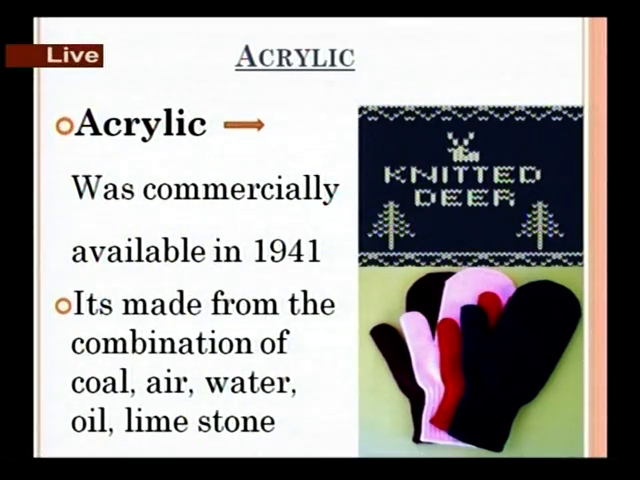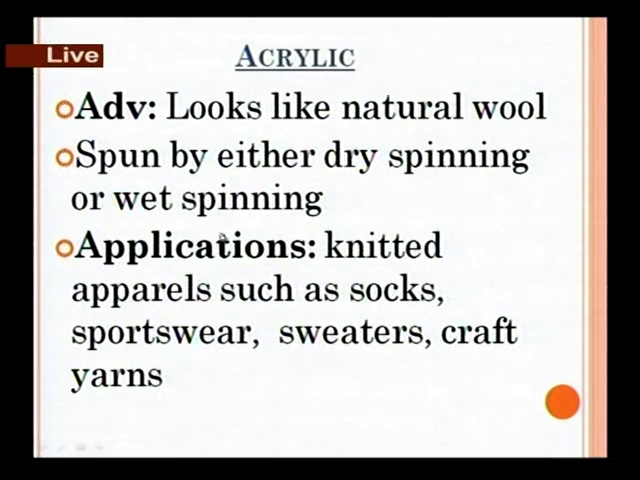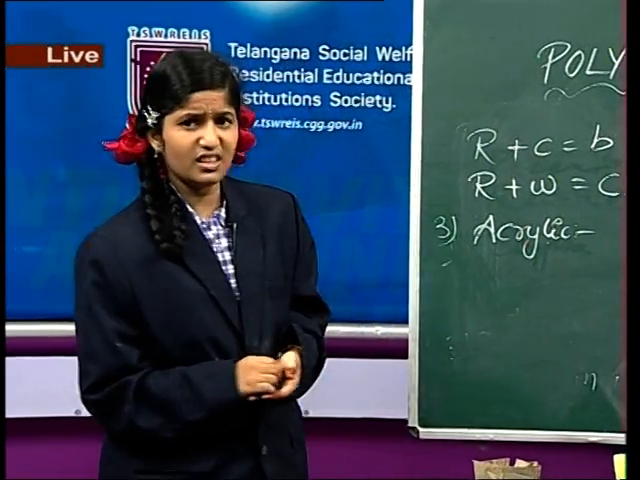Acrylic. Acrylic was commercially available in 1941, and it is made from the combination of coal, air, water, oil and limestone. And acrylic looks like natural wool, and acrylic is spun by either dry spinning or wet spinning. And applications: the applications are tinted apparels such as socks, sportswear, sweaters, craft yarns, etc. Okay friends, have you understood about acrylic? Now the fourth one is